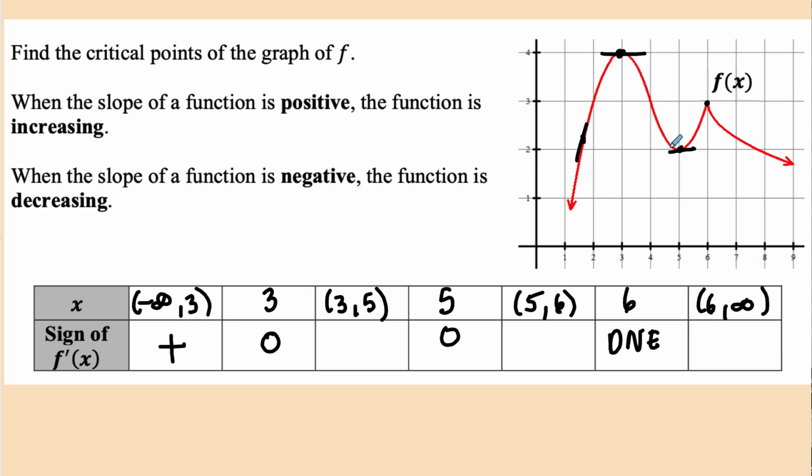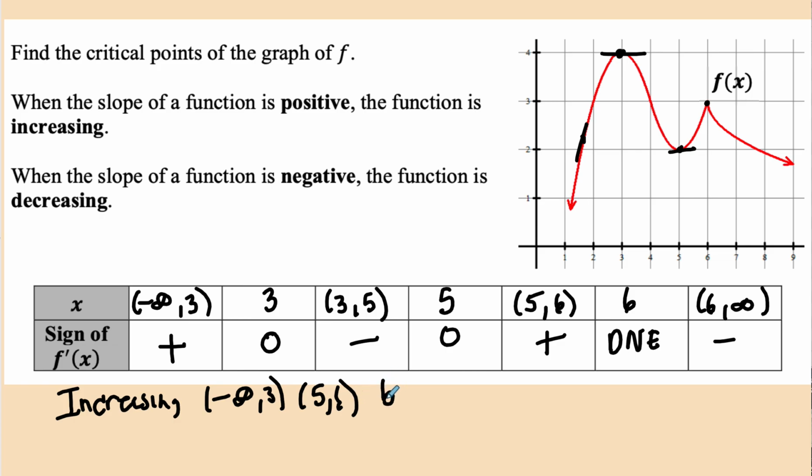From this interval to here, that looks like it's negative, and then from here to here, that's positive, and then here it's negative. So when is the slope of the function positive? And we know that's when it's increasing. So the increasing will happen in this interval from negative infinity to 3 and from 5 to 6